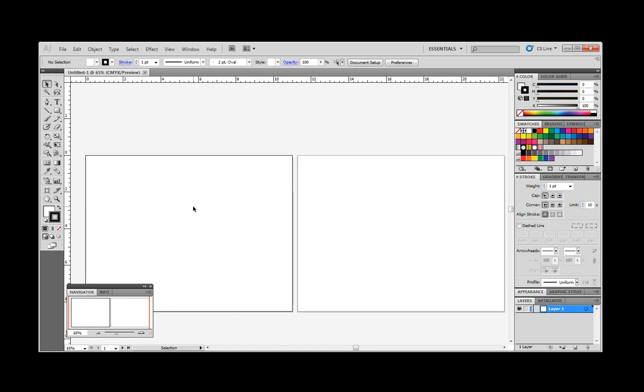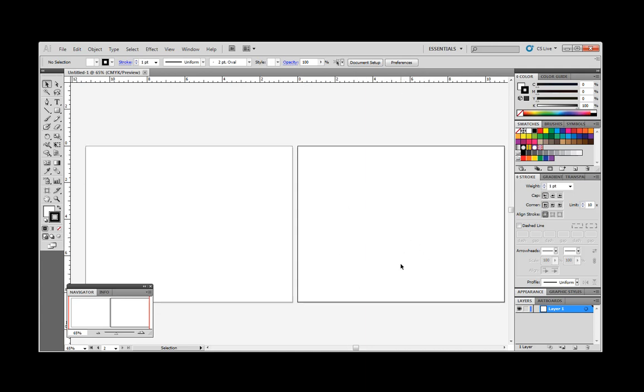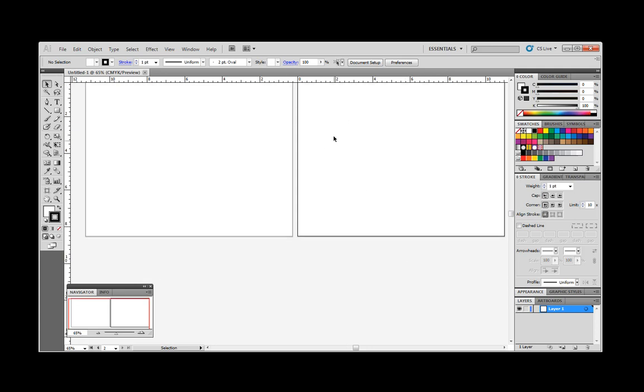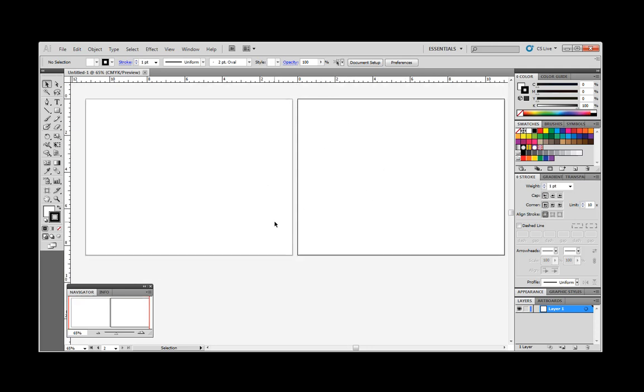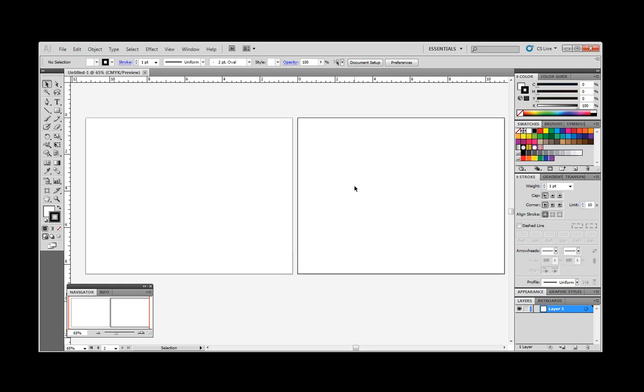Notice that if I click on artboard 1, the 0 starts there. If I click on artboard 2, notice that the ruler starts back on each page. So that should be handy so that you don't have to calculate all these other things. When we work on InDesign, I don't think it does that, or we have to find a way that does that so that it will be easier for us to look at. Okay, so